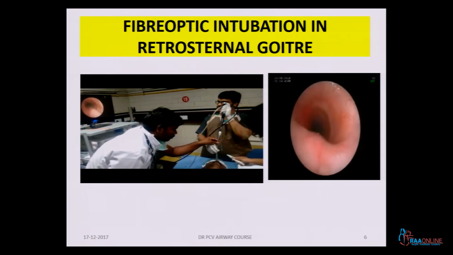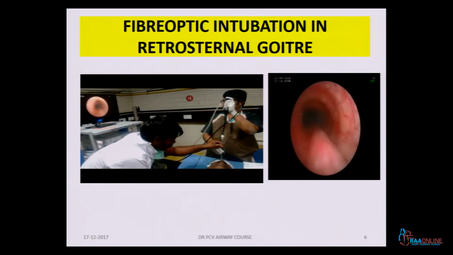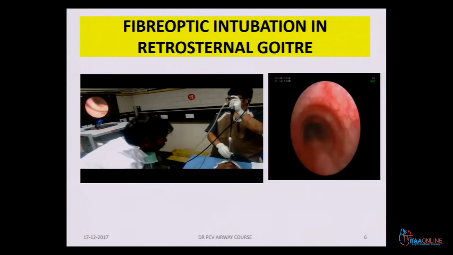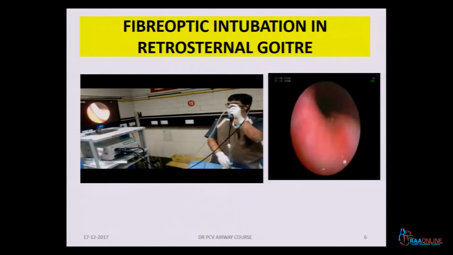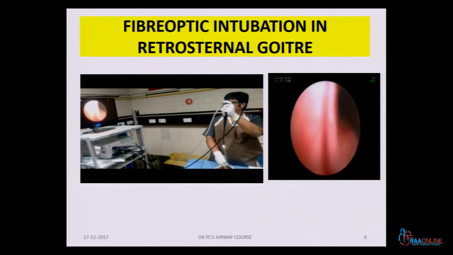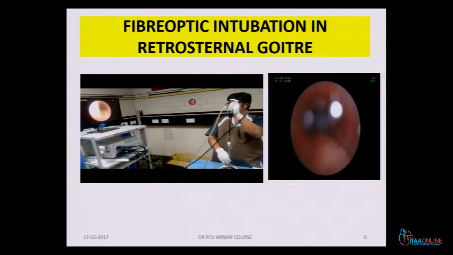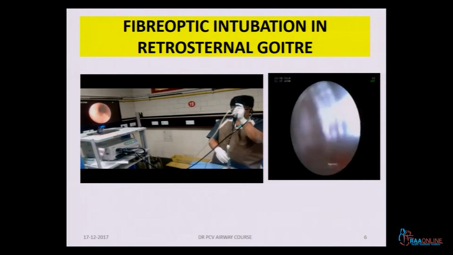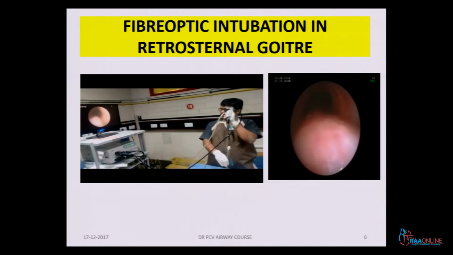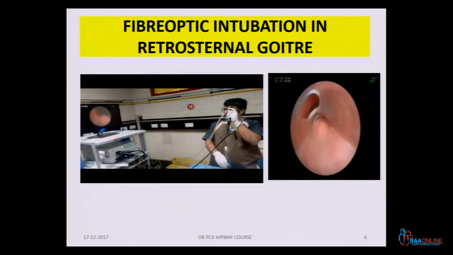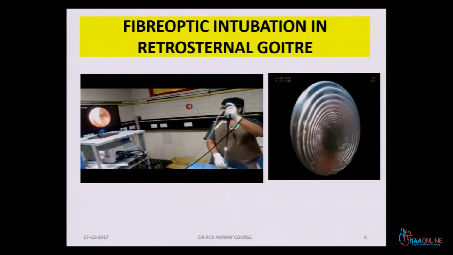In passing the endotracheal tube over the scope into the trachea, this is the commonest complication which we come across. Though we are able to enter into the glottis very freely, after that if you want to pass the endotracheal tube over the fibro optics, most of the time we will find it very difficult. So, here we are trying to keep the fibro optic scope very taut, and over the taut fibro optics we try to push the endotracheal tube inside.